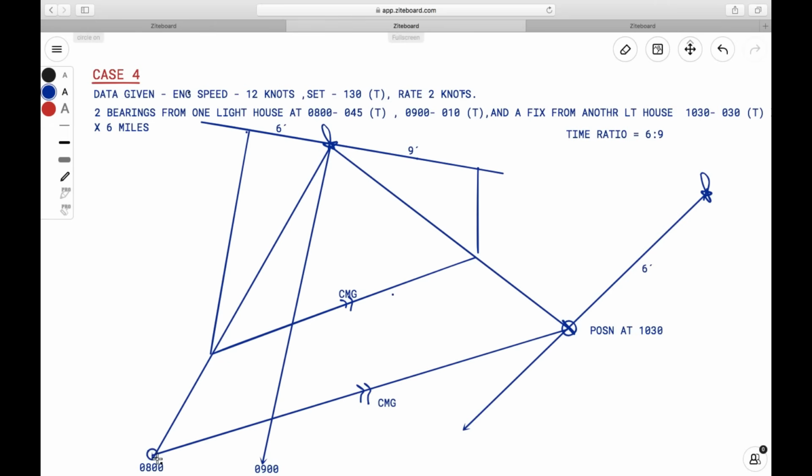So this is the position at 0800 and this is the position at 0900 and this is the position at 1030. So you need to find what is the course to steer. So that from your initial position you can apply your current. So your current is 130. So let it be somewhat like this. The current will be, and you have it. This is your set and drift,